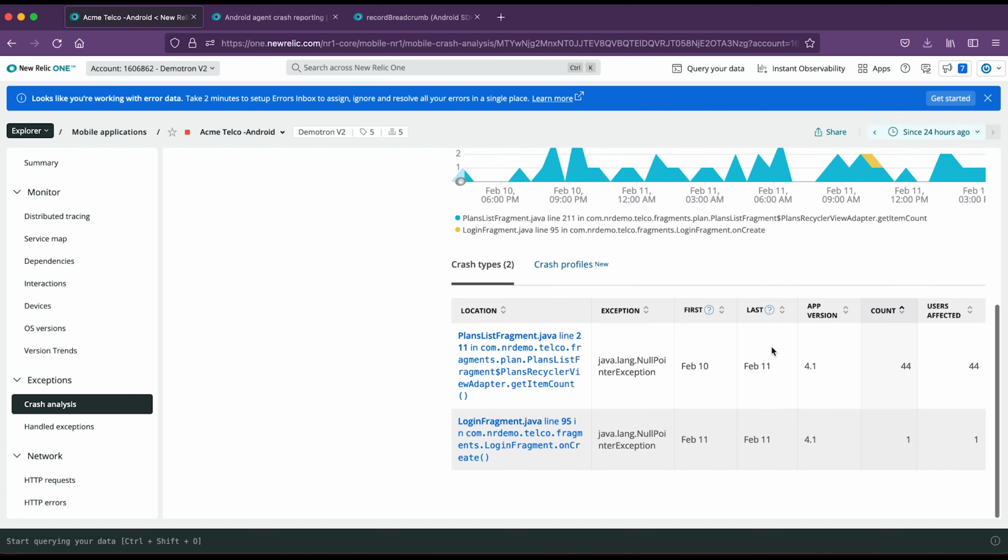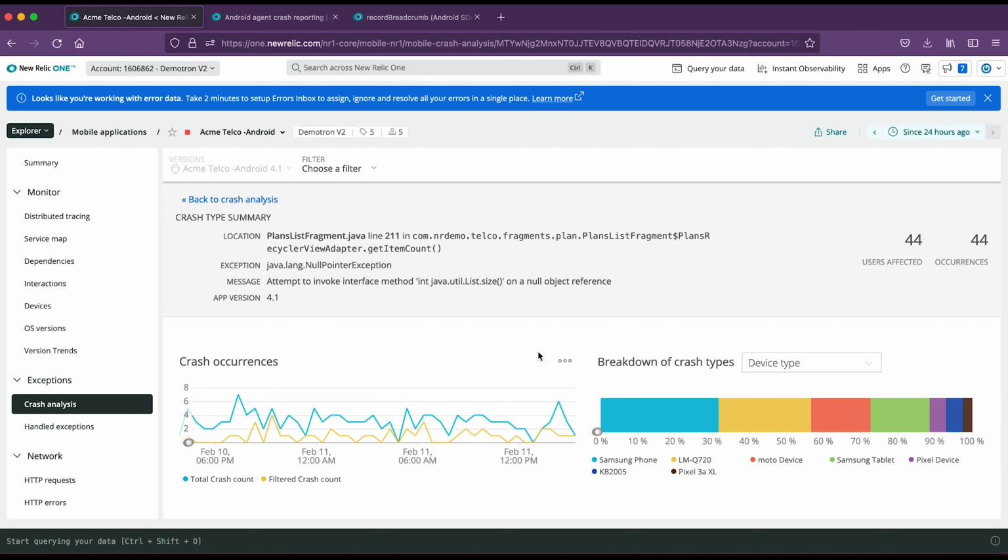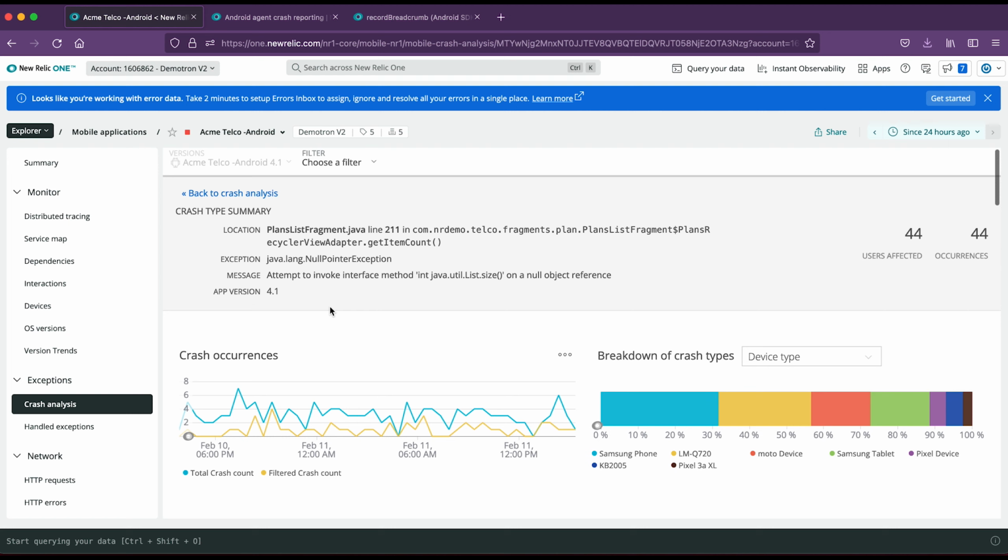If we scroll down, we can click one of the crash locations and it'll take us to the crash details page. This is where we start to dig into the crash and get it resolved. We've got the location, exception, and crash message on top here.